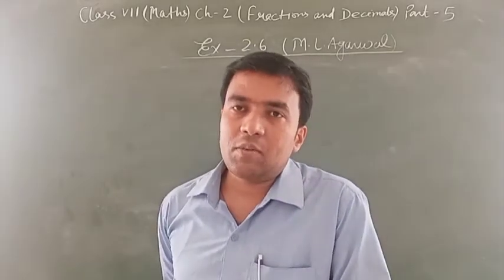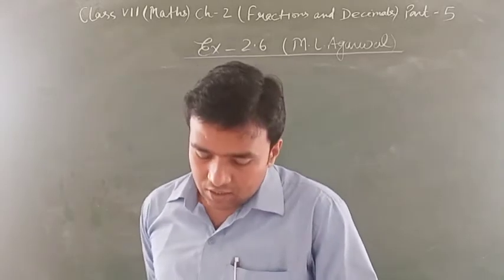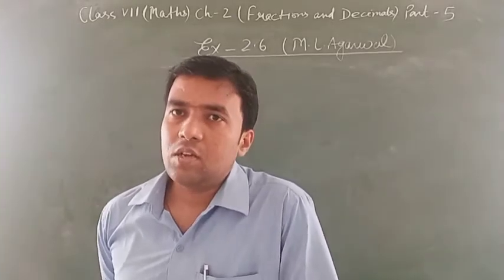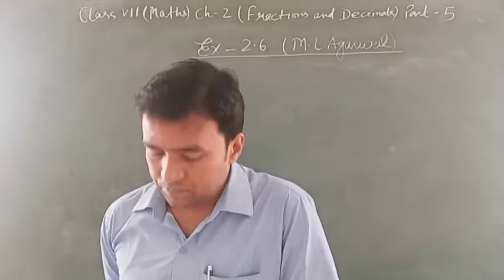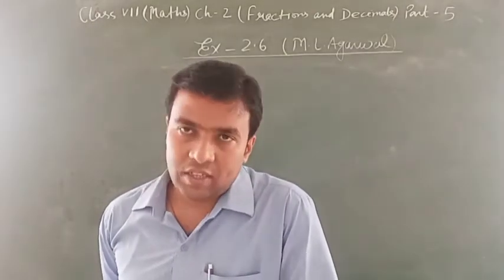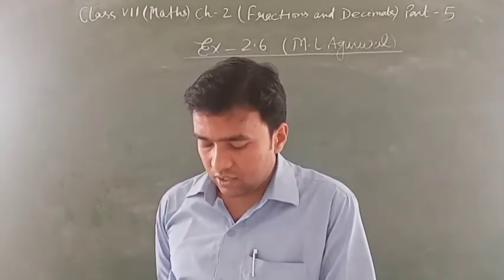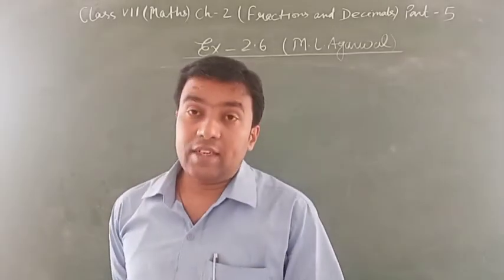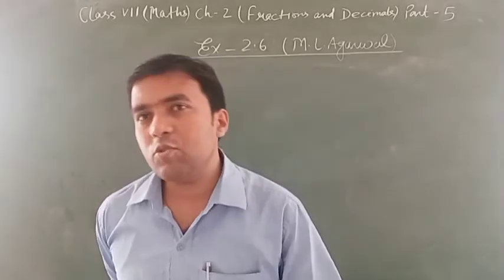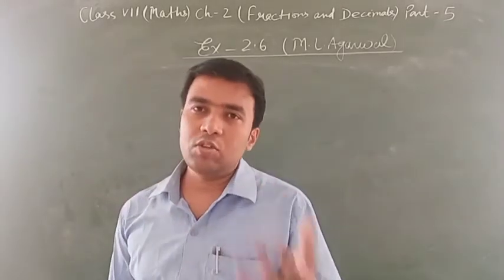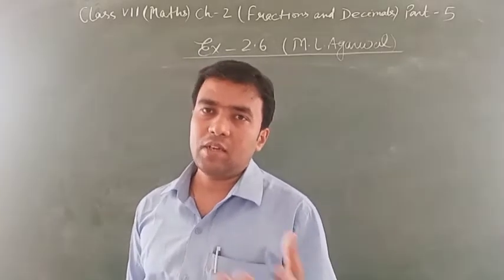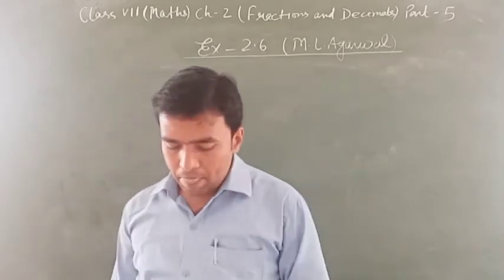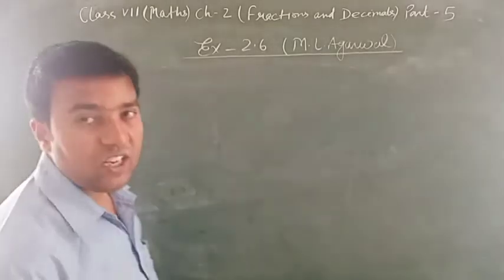Again, 5.9 multiply by 100. After that, multiply by 1000. Means 10, 100 and 1000, you will multiply the number by these. Next is 3.76, third is 0.5. You will do only multiplication. And in question number 4, division. Same numbers, and there you will divide by 10, divide by 100 and divide by 1000. Clear? In question number 5, find the area of a rectangle whose length is given.